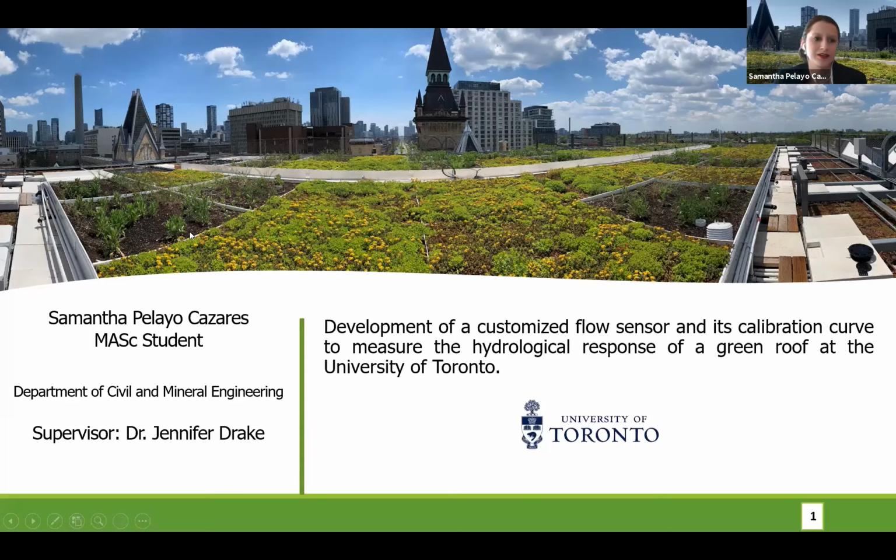Okay, hi everyone. My name is Samantha Pelayo Cazares. I'm a master's student at the University of Toronto in the Department of Civil and Mineral Engineering, and I'm supervised by Dr. Jennifer Drake. As she mentioned, I'm going to be talking about the customized flow sensor that we developed